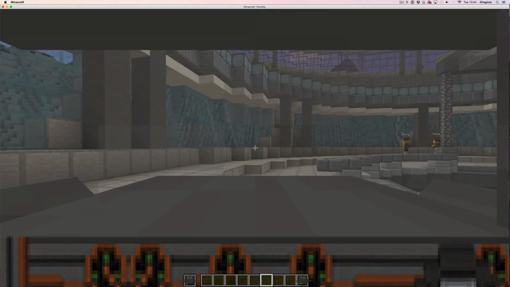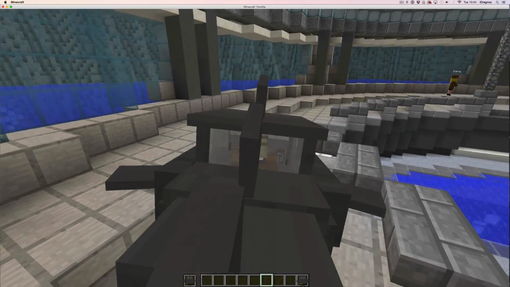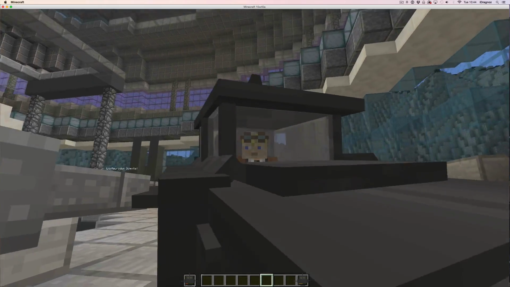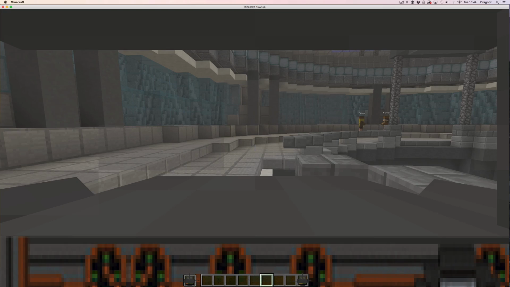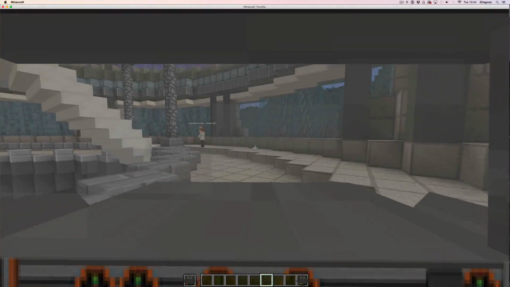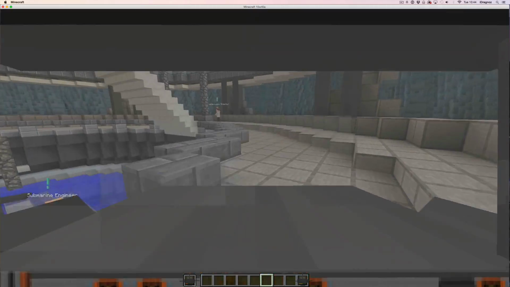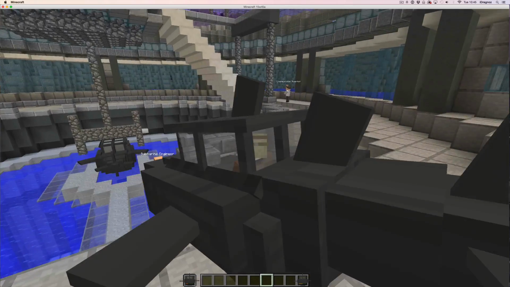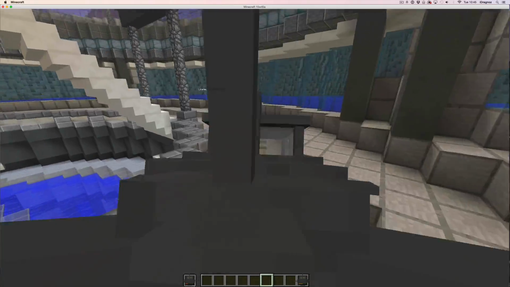If I now go into third person mode, you'll see I am actually physically in the sub, and you can see my controls there at the bottom. Okay, and hello, I'm a submarine. Now, the only issue with having this only in the offhand slot is that when I'm moving like this, it's fine. It imitates the movement you would expect from a vehicle. However, if we're in F3 mode, or third person mode, when we walk, it just does this